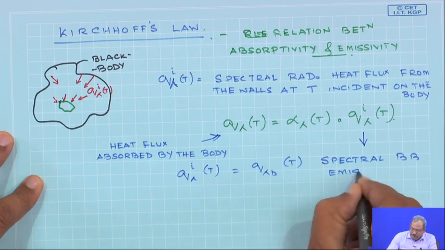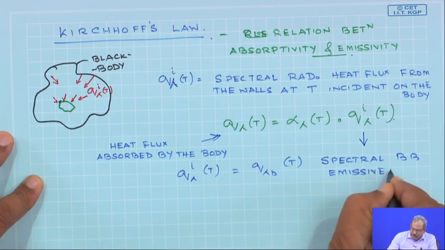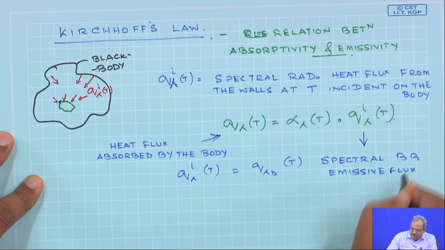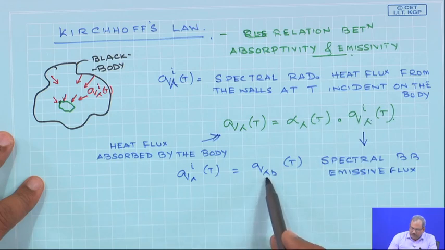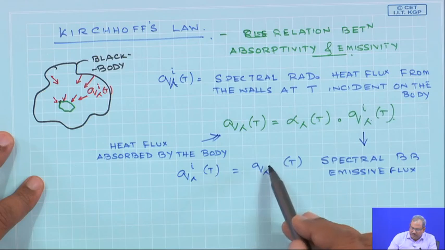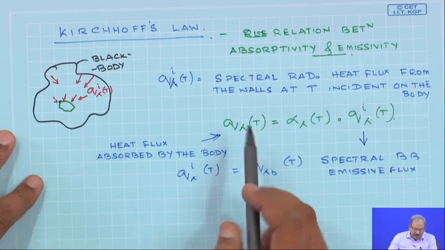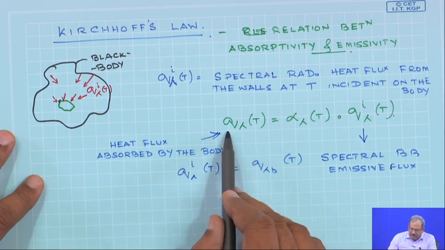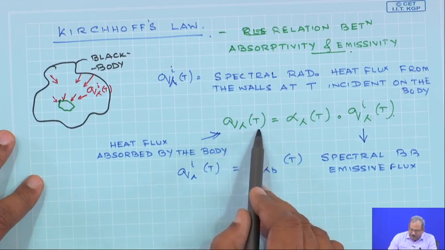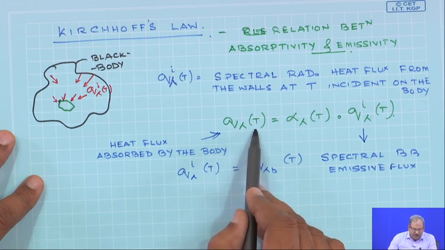This we are familiar with. Two observations we have made over here. The first observation is this is coming from a black body. So, this must be equal to the spectral black body emissive flux. So, this can simply be replaced by this. Secondly, our thermal equilibrium demands that whatever is absorbed must be emitted in order to maintain thermal